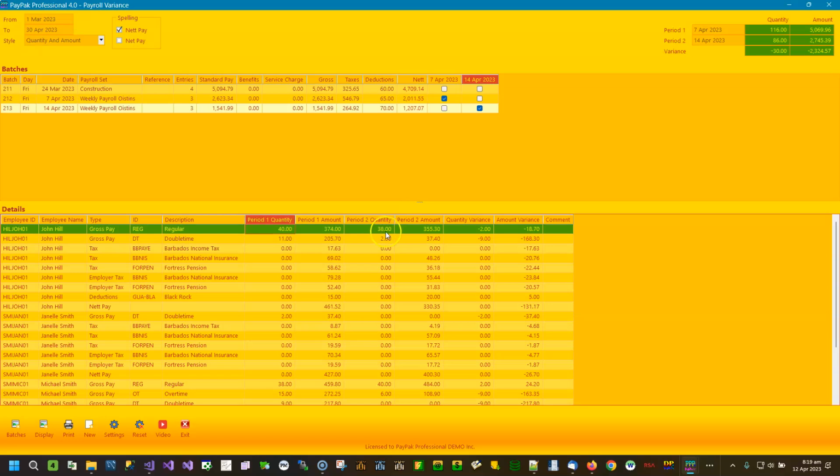In period 2, his quantity was 38 hours. So he worked 2 hours less. You've got the period 1 amount of money, this is $374. The period 2 amount of money is $355.30. So the quantity variance is 2,